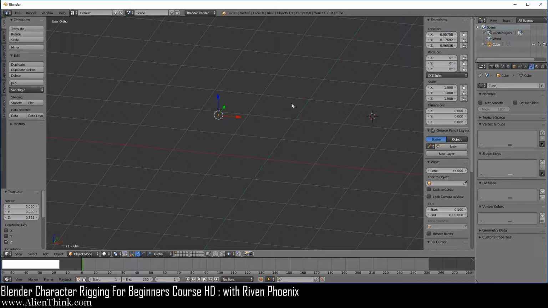Now, if we press the R key 2 times, you can see that we can actually rotate. But of course, we're not going to see anything rotating. It's simply rotating the origin. And you can see that the numbers are changing here. And if we press the S key to scale and left click, you can see that we just changed the scale values. So what this tells you is that the vertices are simply attached to the origin.